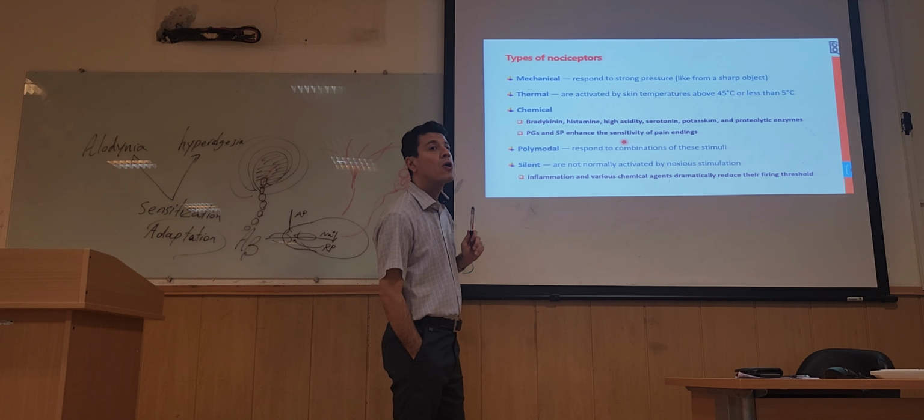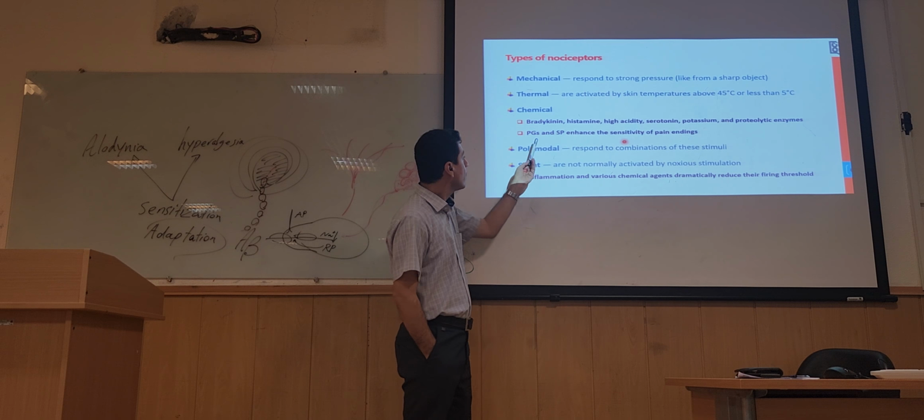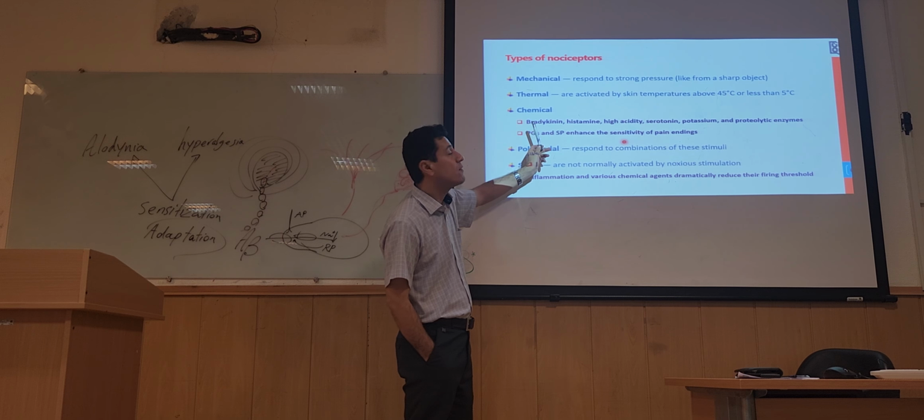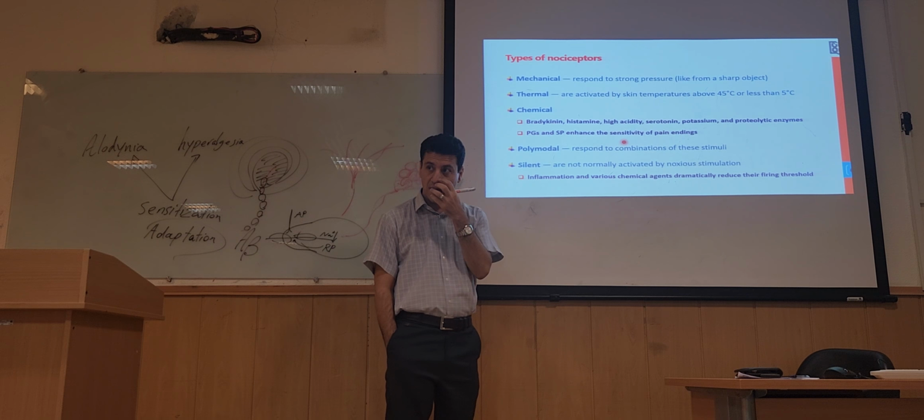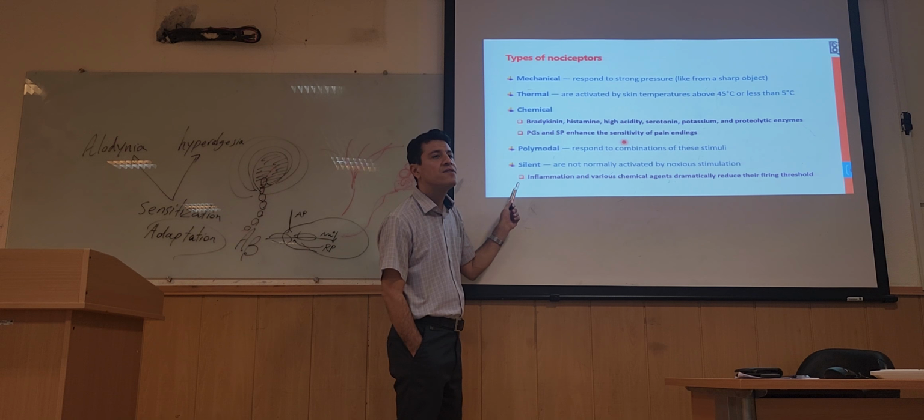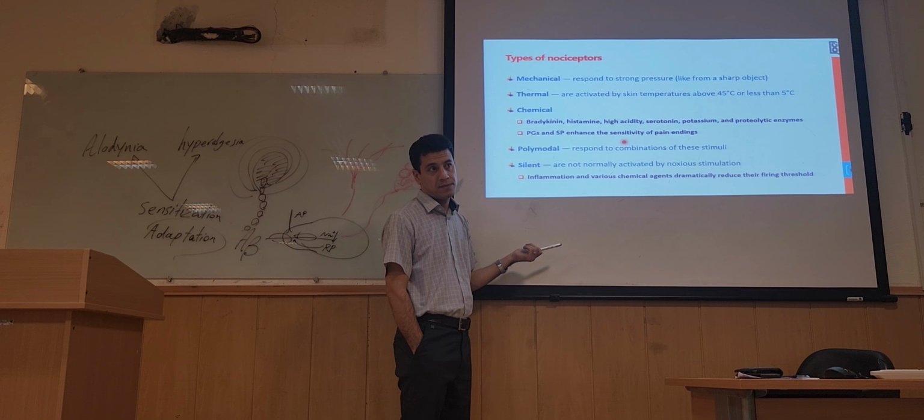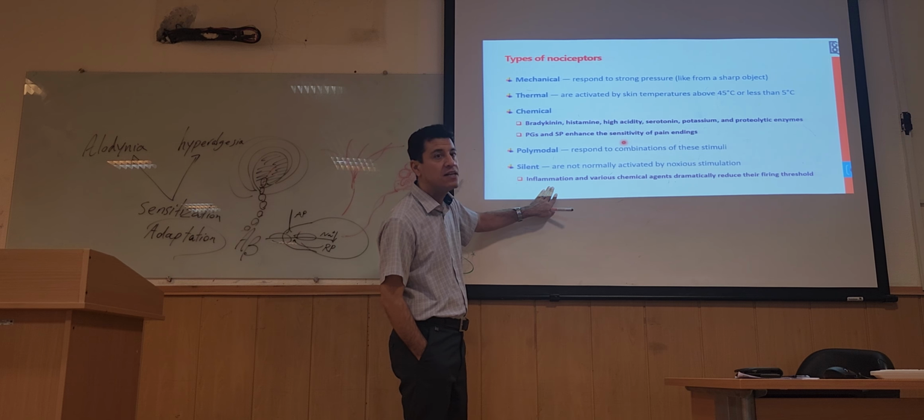Chemical nociceptors are also activated by mechanical and thermal stimulation. That's why we call them also polymodal. They are activated specifically by chemicals, but also by mechanical and thermal stimuli. The fourth type is silent. They are not activated by a painful stimulation in the natural state. They are pain receptors, but when there is injury, they are not activated. But in some conditions, they are active. For example, when we have inflammation,